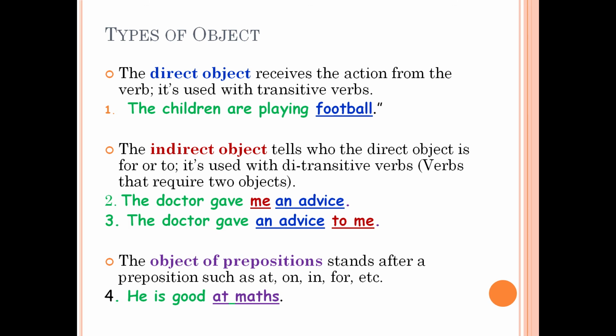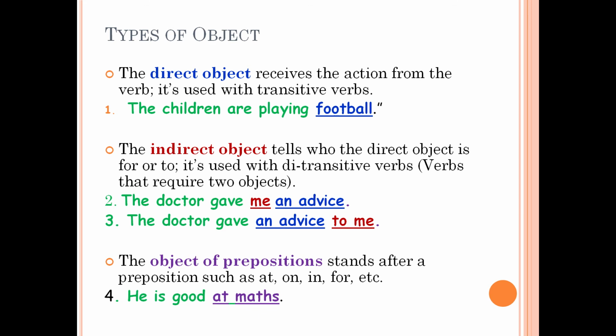There is one another layman way to identify the direct object, and that is inanimate objects are usually used as direct object. The same sentence can be written by using the direct object at the first place and afterwards the indirect object. It reads, the doctor gave an advice to me. Preposition to is used before the indirect object.